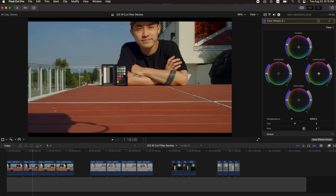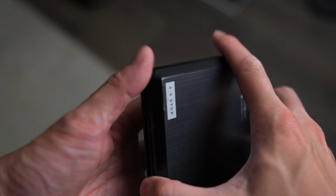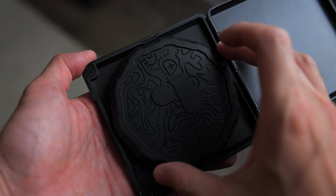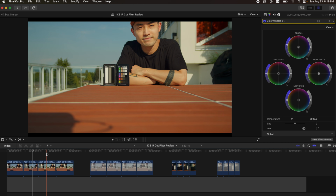The second image was also filmed with the BMPCC4K in B-RAW with a variable ND filter, a 5-stop variable ND filter from ProLipro, and that is without the IR cut filter yet. So there you go. This is with the ProLipro filter without the IR cut filter. For some reason, the ProLipro filter that we're using, and it's a really expensive one too,